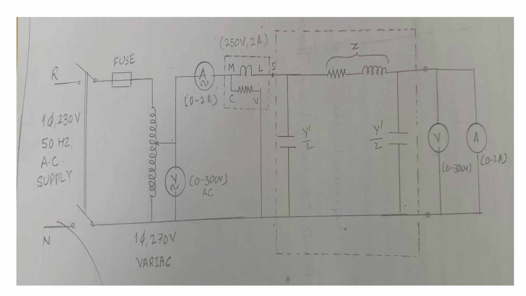Now regarding the connection diagram. For calculation of the ABCD parameter, this is the connection diagram. This is the pi model of transmission line which we have discussed. It shows the admittance, half admittance y dash by 2, half admittance y dash by 2, and it represents the impedance of the transmission line. So this is the lumped form, but for our experiment, we'll use